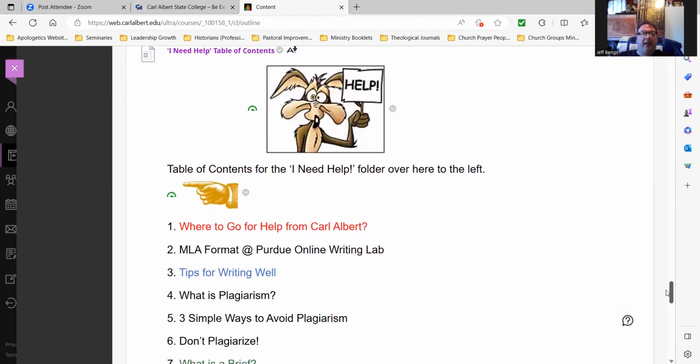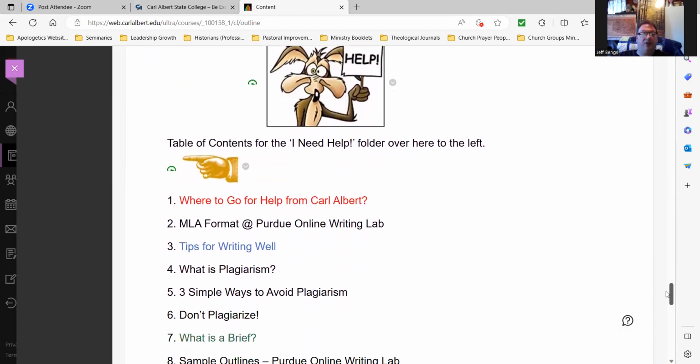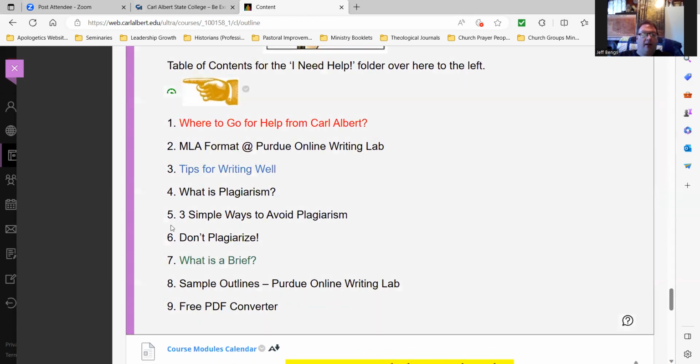Well, let's just check the table of contents page. And you go here and, oh yes, sample outlines on the Purdue Online Writing website. And there is a link directly to that website in the I Need Help folder. So